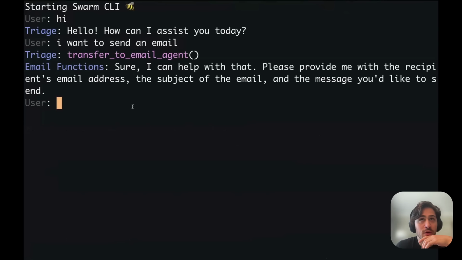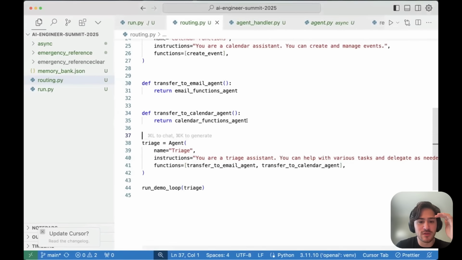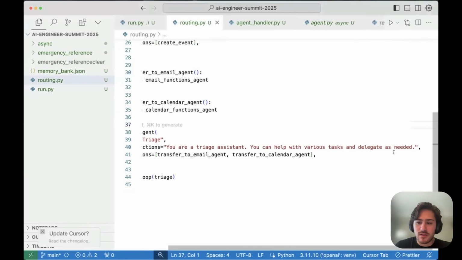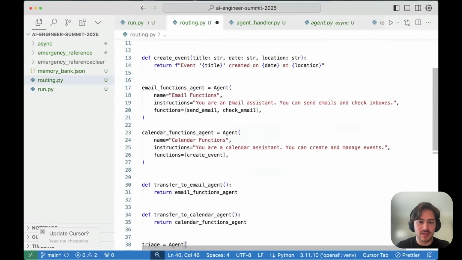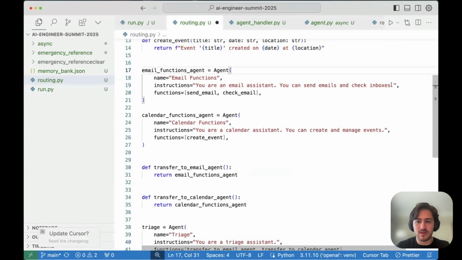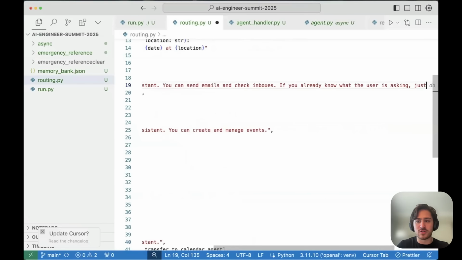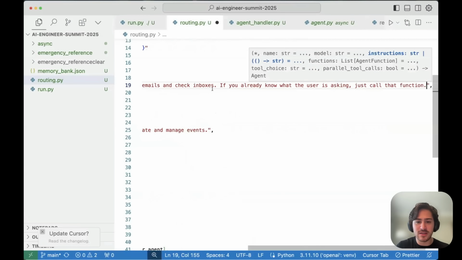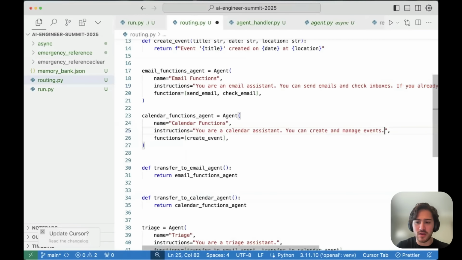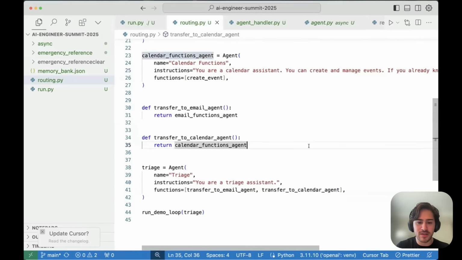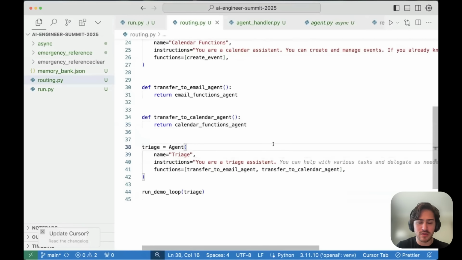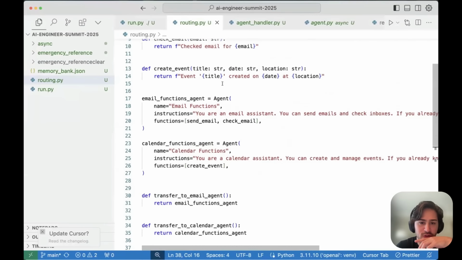Now, if you want to do more transfers, we can tell the assistant, if you already know what the user is asking, just call that function, right? This is if you want a case where it still routes you, but it's a faster 2-hop. So maybe I can say, what are the functions here?